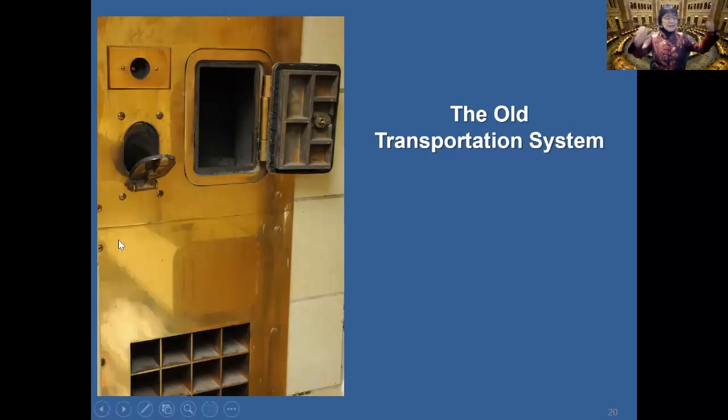So you can see, this is a brass attached to the wall, and then you have a little hole here, and then you have a big hole, and then you have a lot of holes here. She said, in the old days, if you need a book, you write it on a piece of paper,